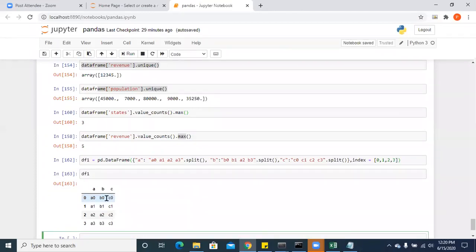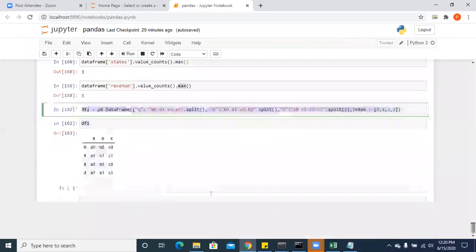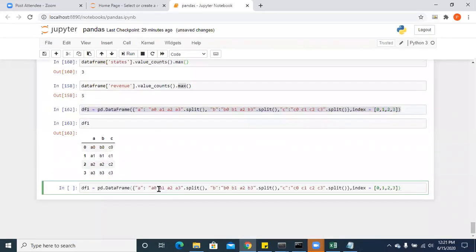In the same way, I am taking another data set. I'm just copying this and pasting it over here. Right?